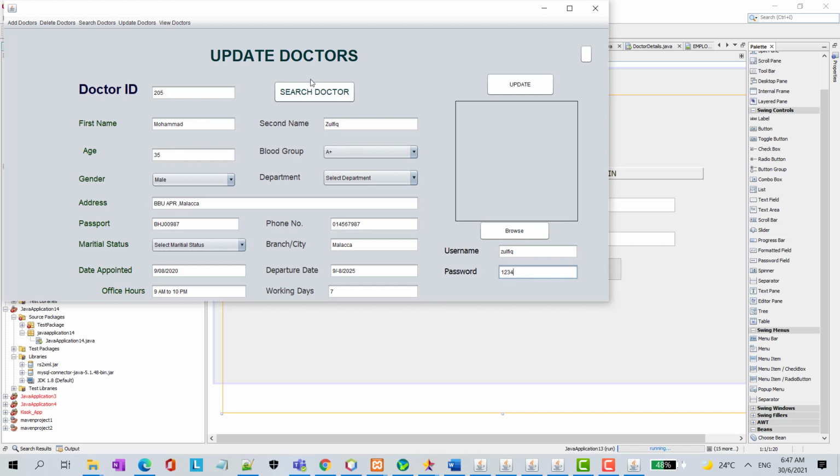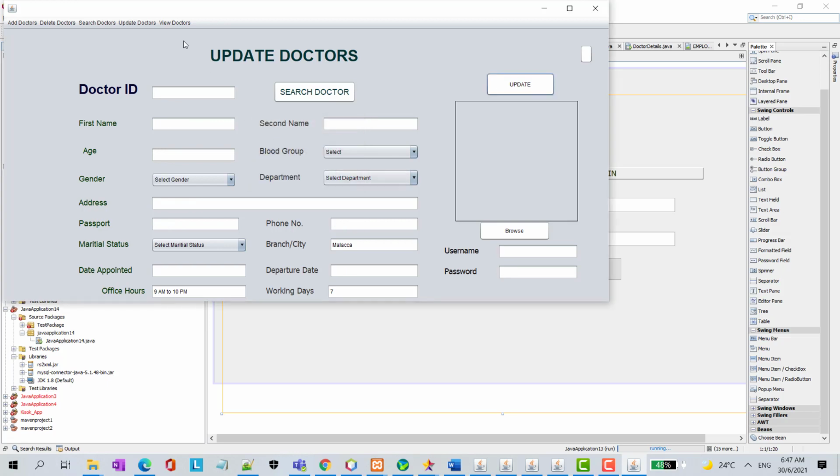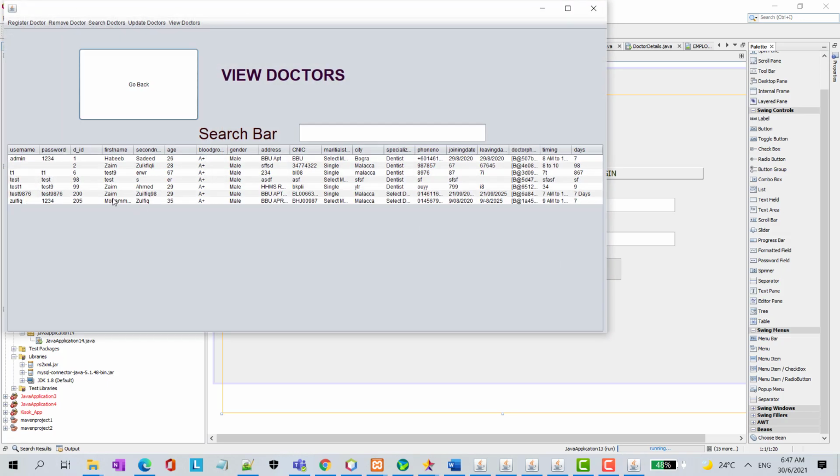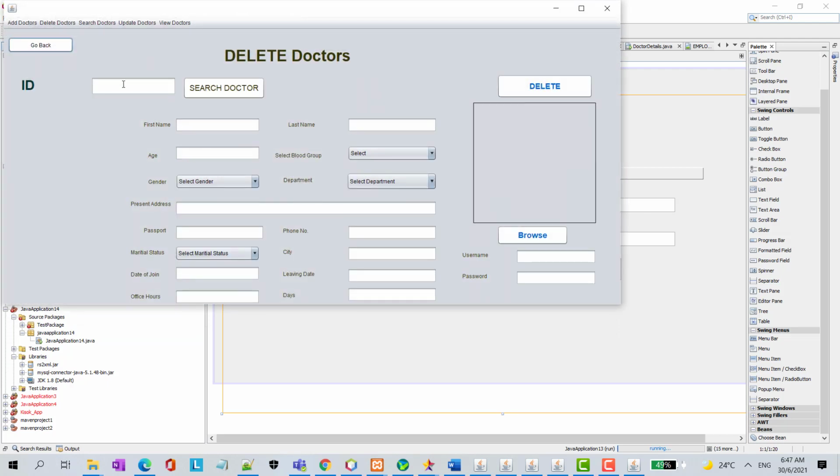Okay, and then we update it. Record has been updated, and now if we view the doctors, the record has been updated. Let us try deleting one doctor. So we want to delete the doctor ID with 99, which was our test case. So let's try deleting the doctor